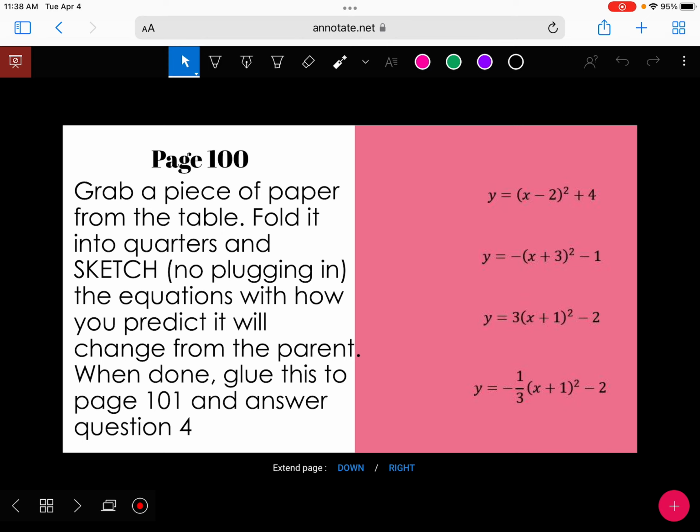What is our vertex gonna be? Then you gotta decide, is it upside down, or is it right side up? So if you pick one, it's skinny, but if it's